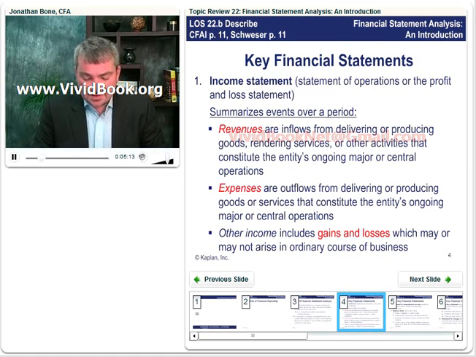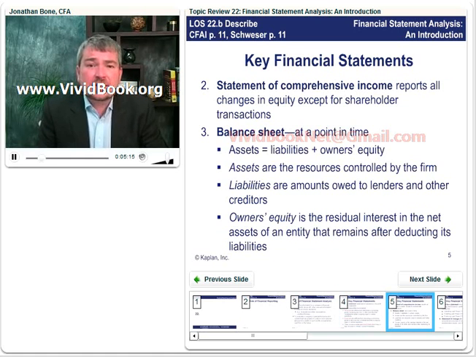Okay, our next financial statement is the statement of comprehensive income. Notice it reports all changes in equity except for shareholder transactions. So what do we mean by shareholder transactions? Well, we're talking about issues of equity, buybacks of equity, and dividend distributions to the stockholders. So your statement of comprehensive income essentially is going to take net income from the income